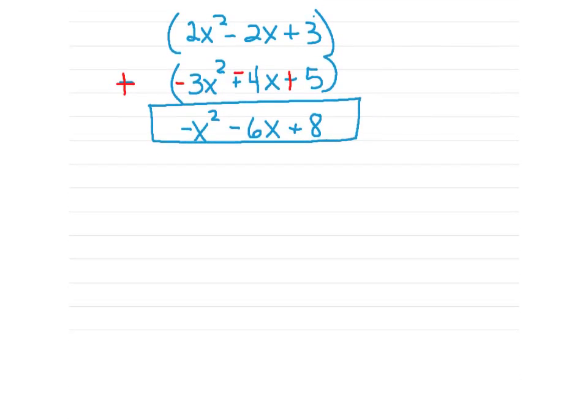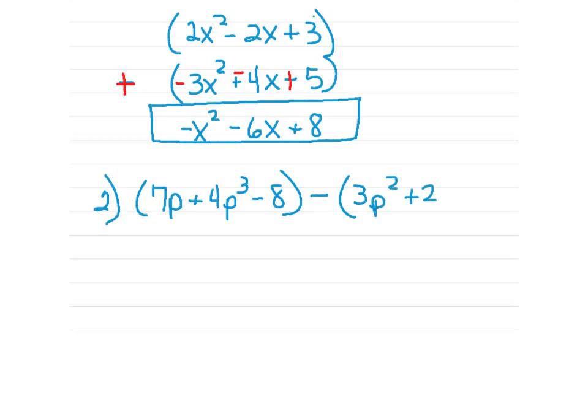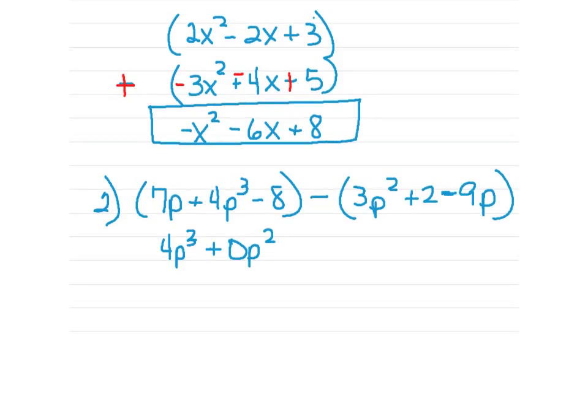Okay, let's move on to number 2. Again, your book will show you these horizontally, then we will write them vertically. Okay, so write down number 2. I have 7p plus 4p cubed minus 8, and I'll be subtracting 3p squared plus 2 minus 9p. Let's start by writing these in standard form, adding some placeholders to make sure that I can align all of my like terms. So I have 4p cubed plus 0p squared plus 7p minus 8, and I will be subtracting